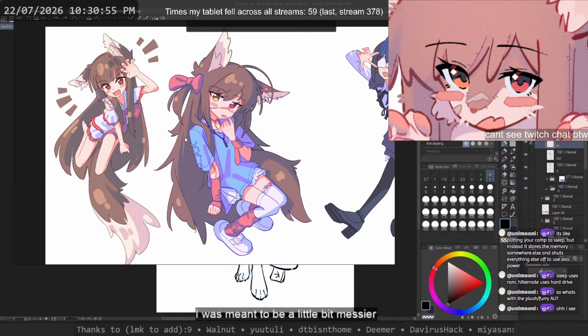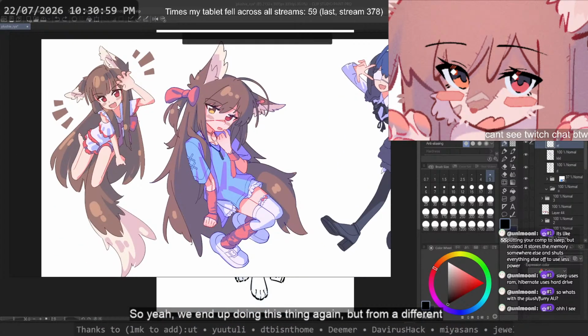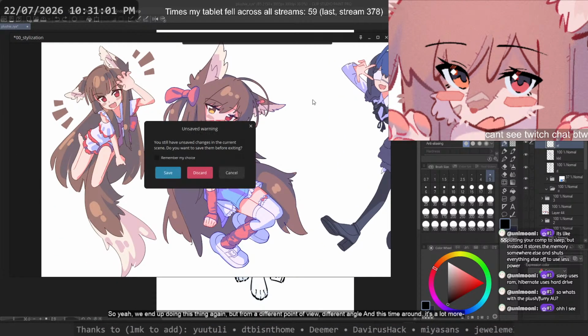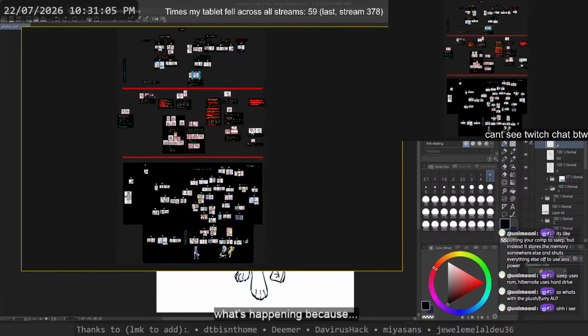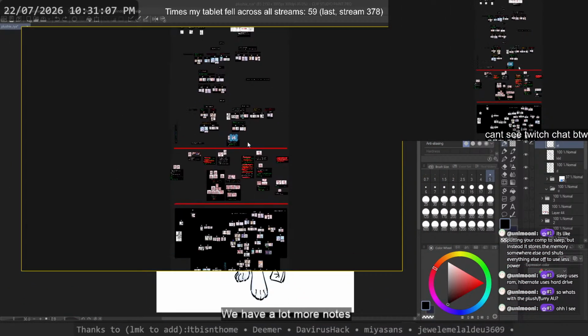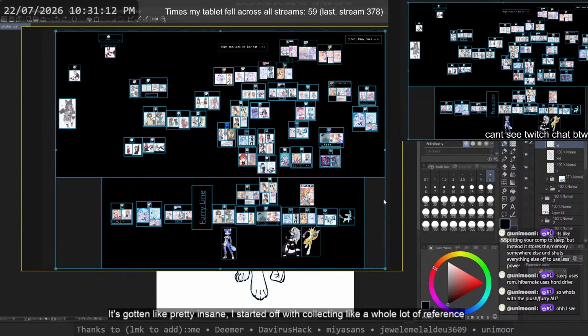And so yeah, we end up doing this thing again, but from a different point of view, a different angle. And this time around, it's a lot more intense in terms of what's happening, because if you look over here, we have a lot more nodes. It's gotten pretty insane. I started off with collecting a whole lot of references. So these are all the references